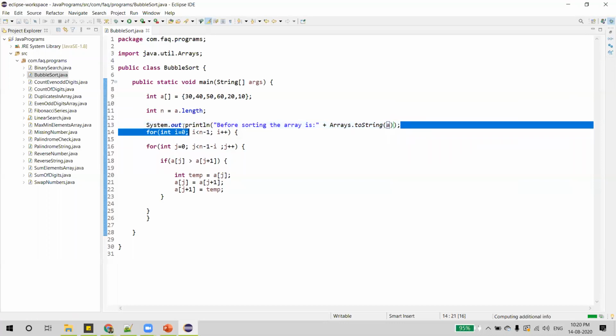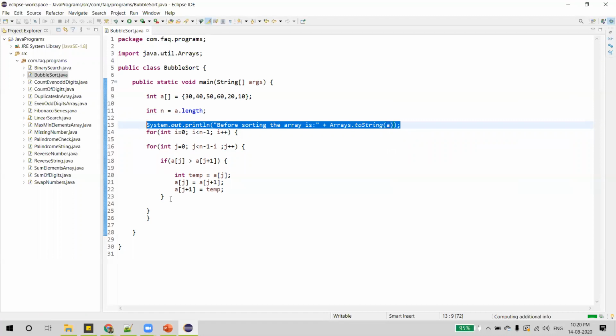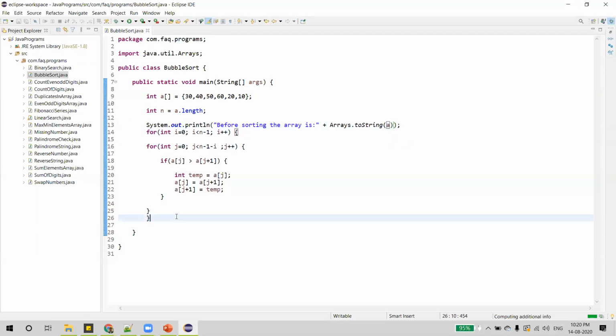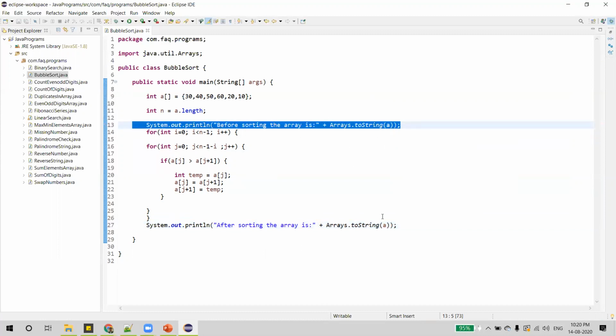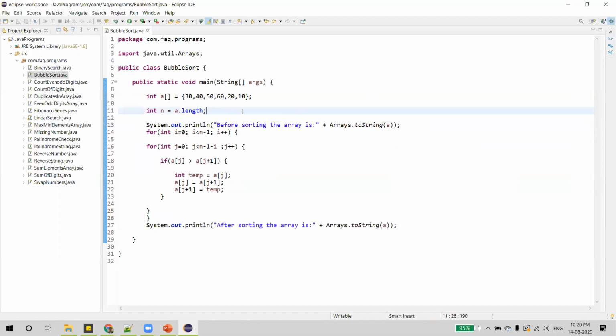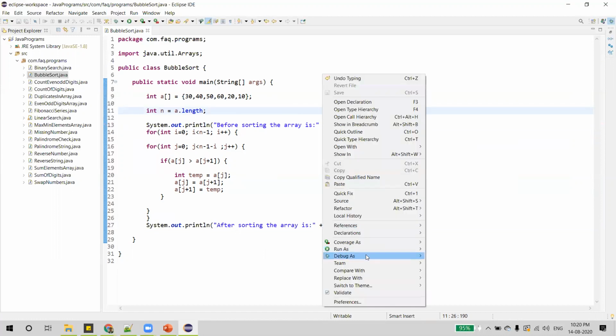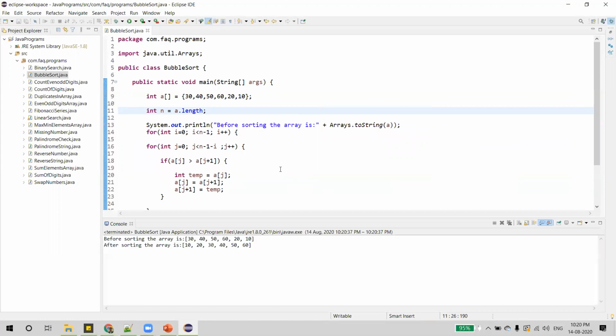It will display the array. Now we'll do it after sorting also. After sorting, the array is. We just wanted to print how the array looks before sorting and after sorting. Now let us execute this and verify. And we can clearly see here, before sorting the array is like this, and after sorting the array is in sorted order.